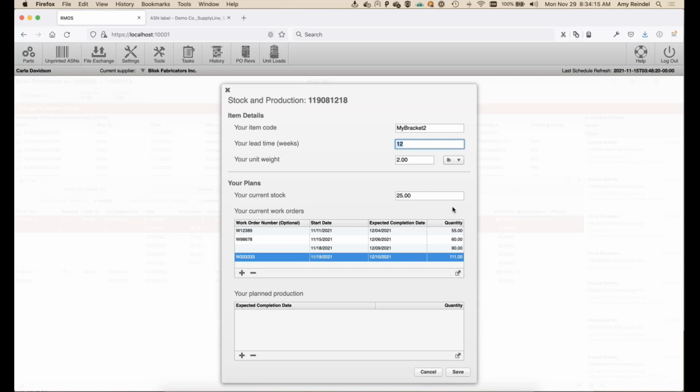Here in this pencil icon on this view, you can enter your current stock. So right now we have 25 entered as current stock. We could go ahead and enter 33. What this means is how many we have today that are available. So 33 stock. And then we have all of the work orders that we saw on that schedule already listed